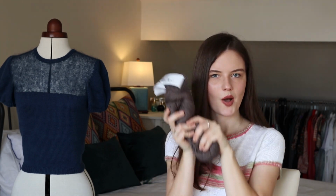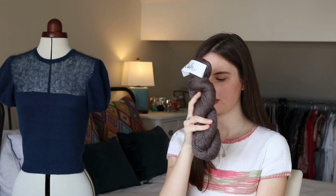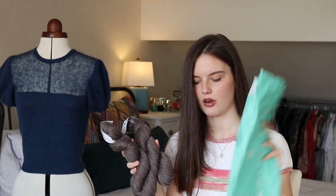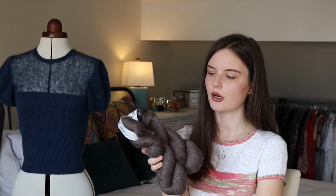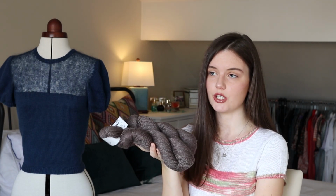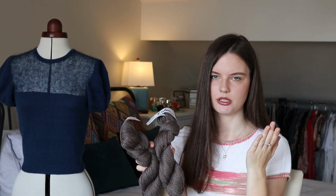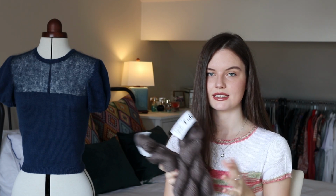So now, what am I going to do with it? The patterns that arrived are, well, it's through a QR code. I chose the eco-friendly option, which is why I have this package rather than a nice box. Figured that was better. You can download the patterns, but both patterns are for accessories, which I knew would be the case, because obviously you can't give a garment pattern with only two skeins of yarn that would work across the sizes. However, I still want to make a garment with it, because